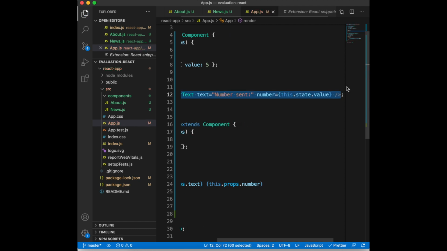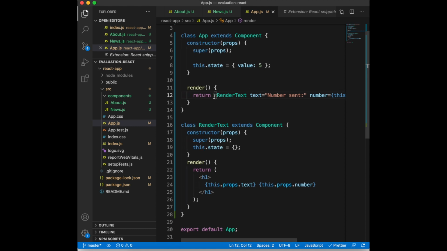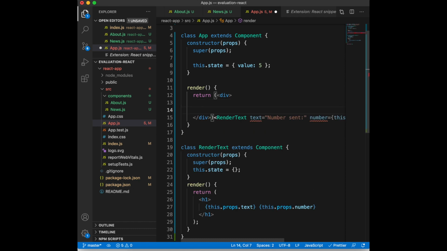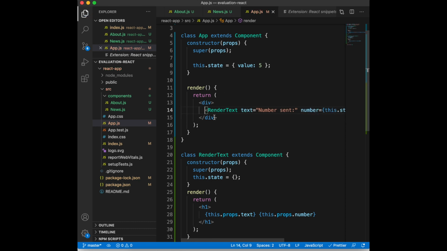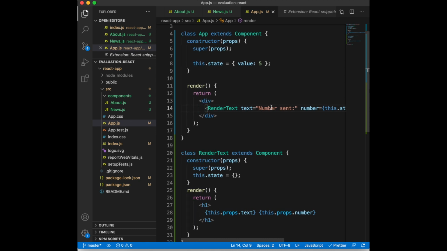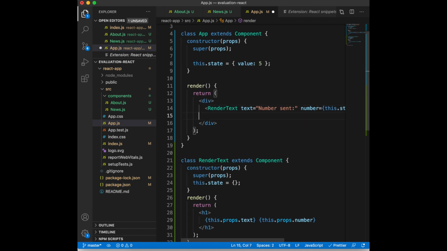Okay, I missed it. First, I'm gonna open and close braces. Inside the braces, I'm gonna create a div and I'm gonna bring this inside the div. Okay, just like that. And now I'm gonna put a button